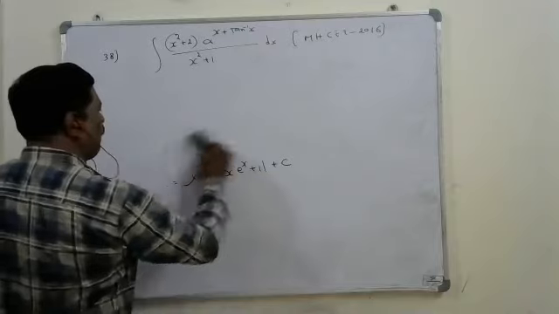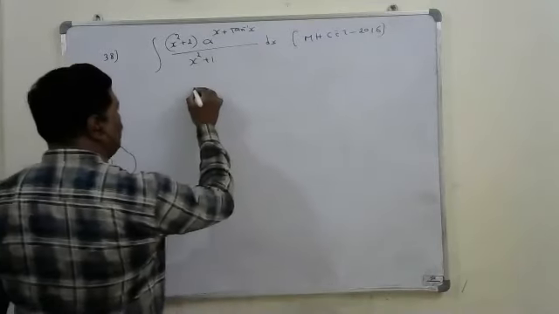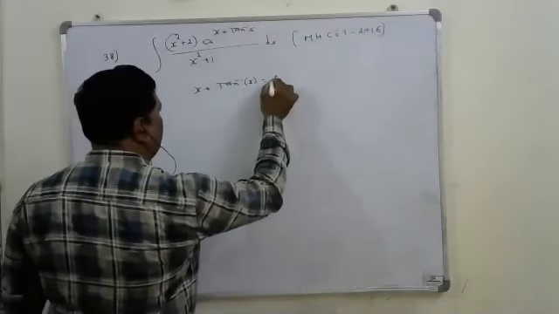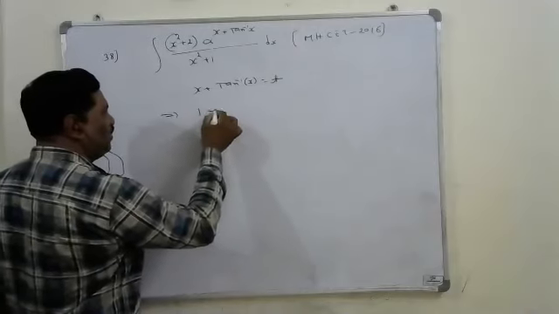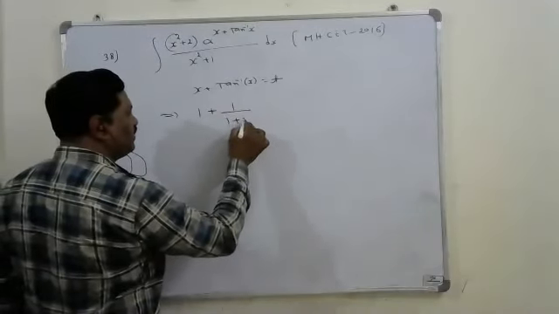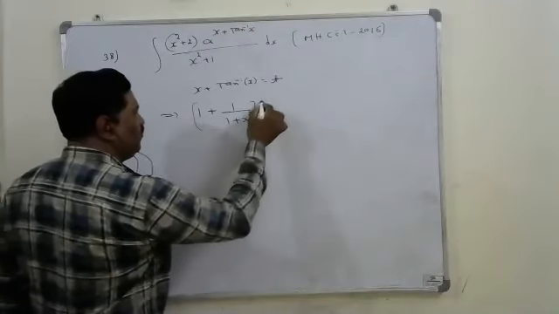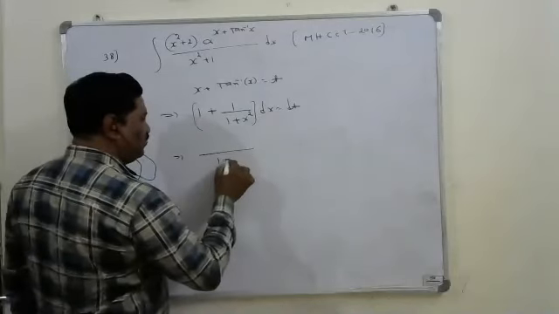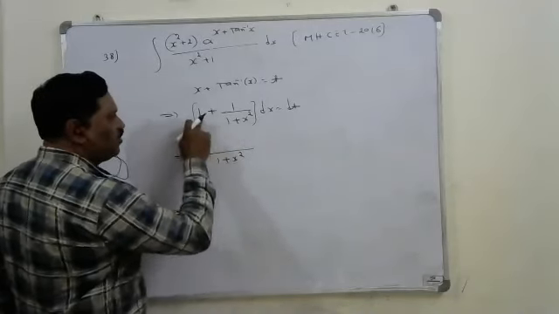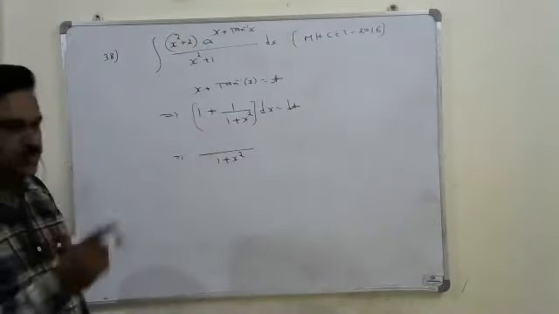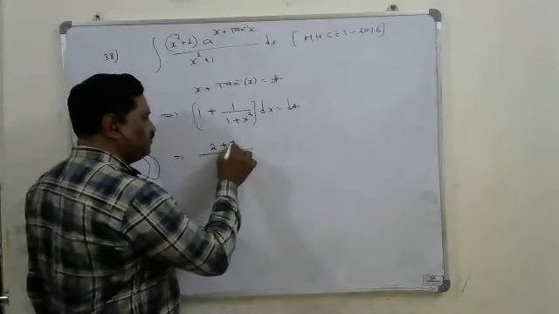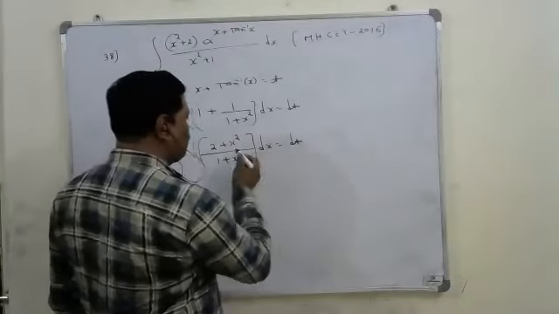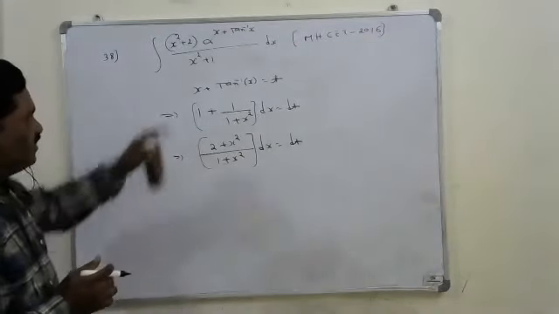x plus tan inverse x equal to t. Good. Here x plus tan inverse x is there in the power of a, so take that equal to t. Then if I differentiate it, the derivative of x is 1 plus the derivative of tan inverse x, which is 1 by 1 plus x square, dx equal to dt. Here the LCM is 1 plus x square, so the numerator we get is 1 plus x square plus 1, that is 2 plus x square. So exactly this is available: (x square plus 2) upon (x square plus 1) dx equal to dt.